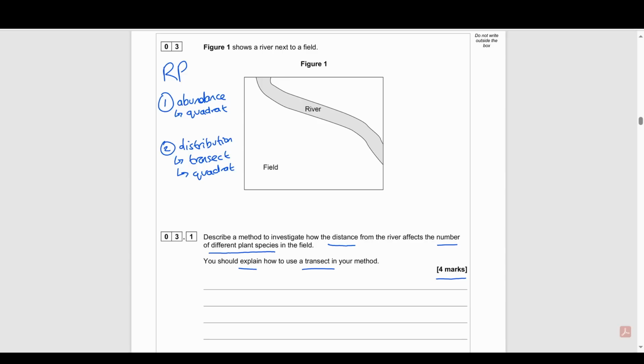So let's read it again and see if we can identify it. Describe a method to investigate how the distance from the river affects the number of different plant species in the field. So we're looking to see different plant species from the river, so that means going away from the river, affects different plant species in the field. So that means that we are looking at the distribution. And the hint is by them telling us that we have to explain how to use a transect. So